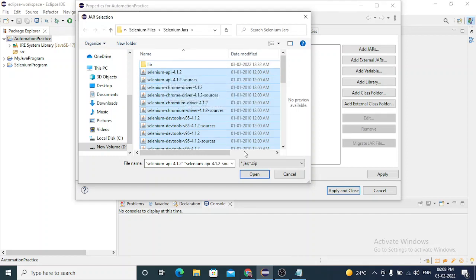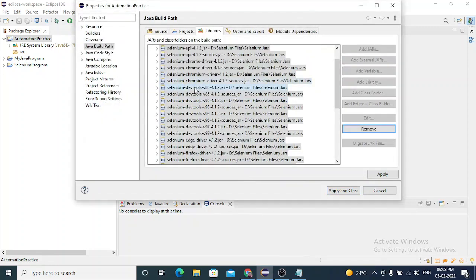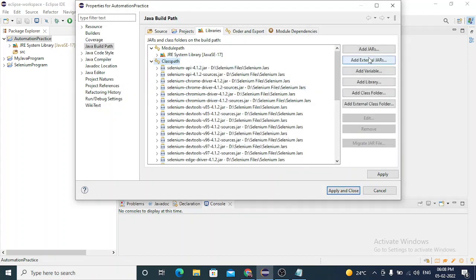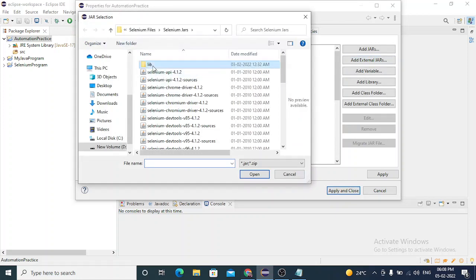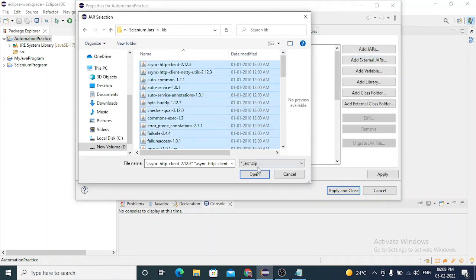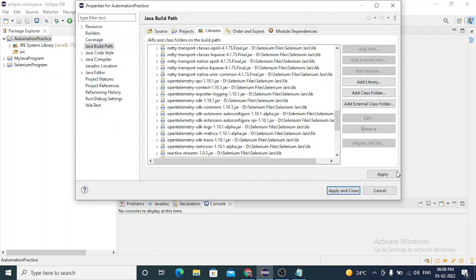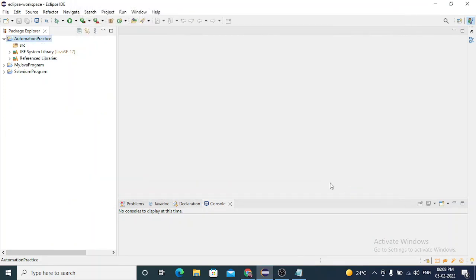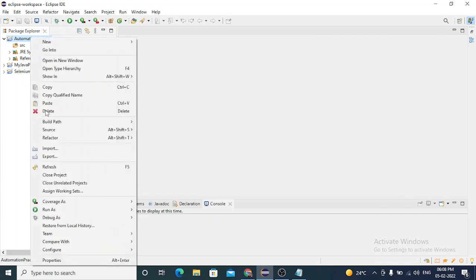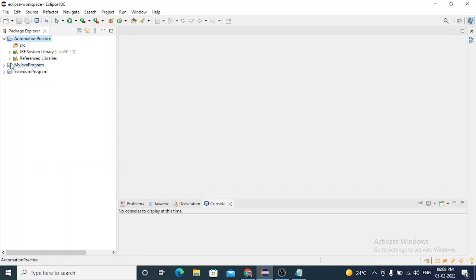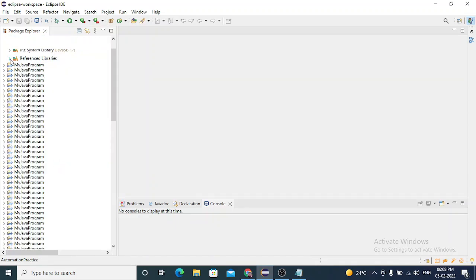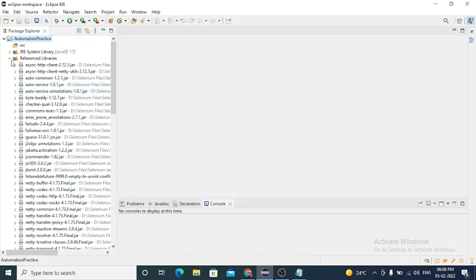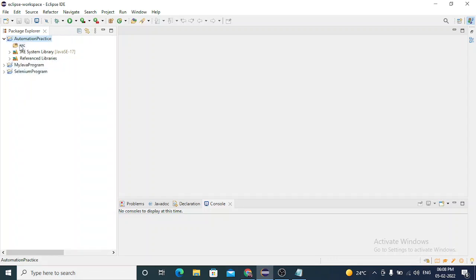Go to that file location, open all the jars except the library. Then again add external jars, go to library, add all the jars. Then click on apply and close. See, just refresh once. All reference libraries are included in my project.